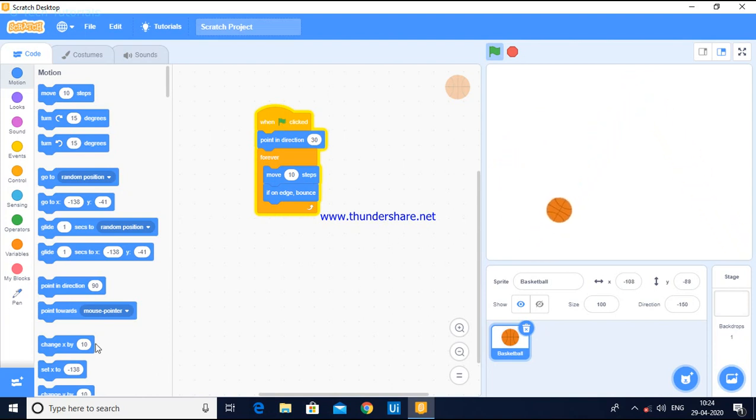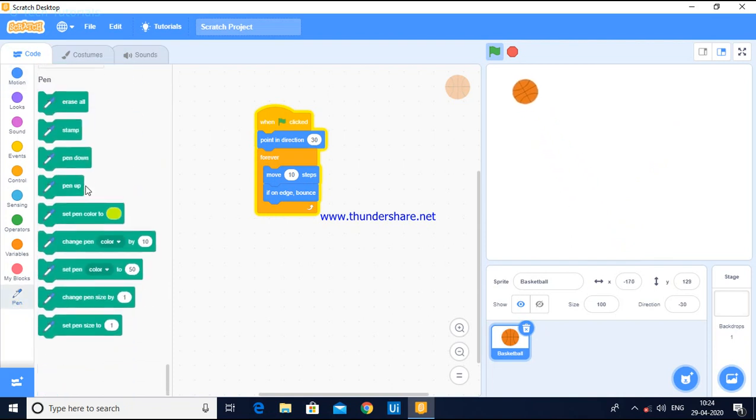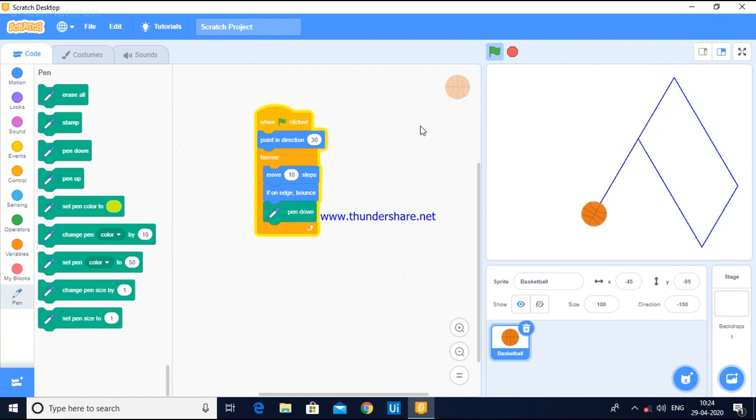So I'm going to take a pen down block, because the pen down block is used to draw a line. So I just want to draw a line when the ball moves. Okay, so now it is working. So I'm stopping the execution. Now I'm going to click